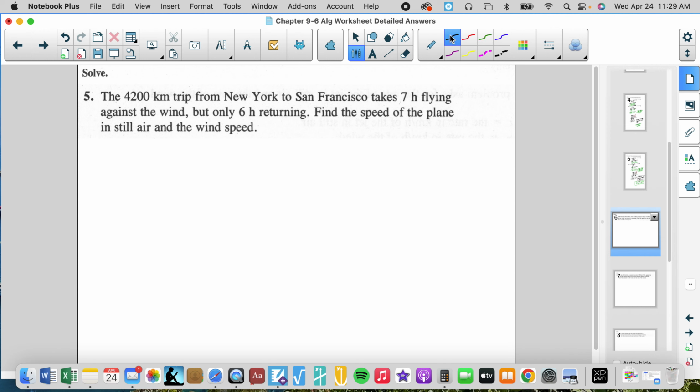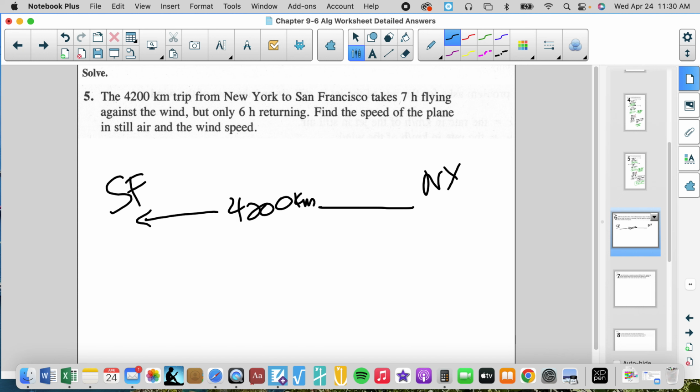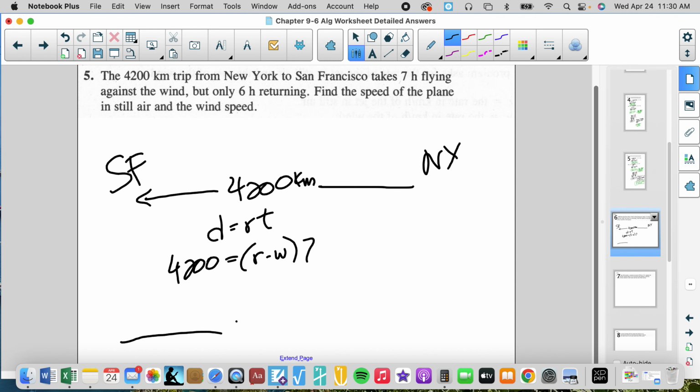A 4,200 kilometer trip from New York. Technically, New York needs to be on the east side. San Francisco is on the west side. So from New York to San Francisco takes 7 hours flying against the wind. I don't know if that's true. Distance equals rate times time. Distance is 4,200. The rate minus the wind, because it's going to slow down your rate of speed, takes 7 hours. And then coming back home from San Fran